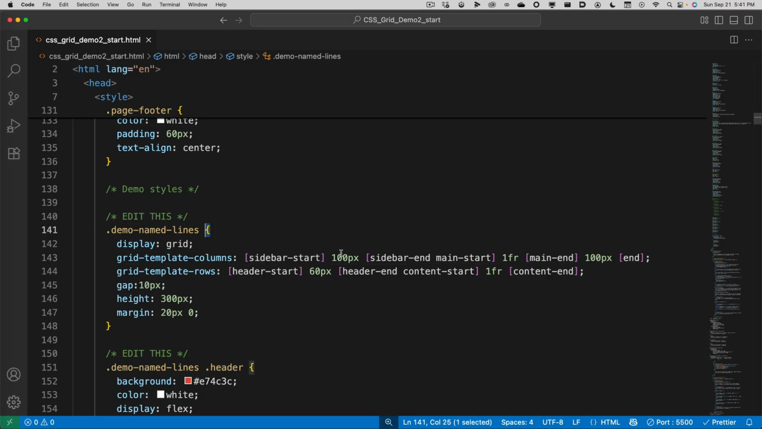And then we have a sidebar start line, we have a 100 pixel track, we have sidebar end, main start, which is the same line, then we've got a 1fr track, and then we've got main end, which is a line, then we've got another track that's 100 pixels, and then we have the end line. Same thing on the rows. This is line, track, line, track, line, track. So feel free to pause and go ahead and type that